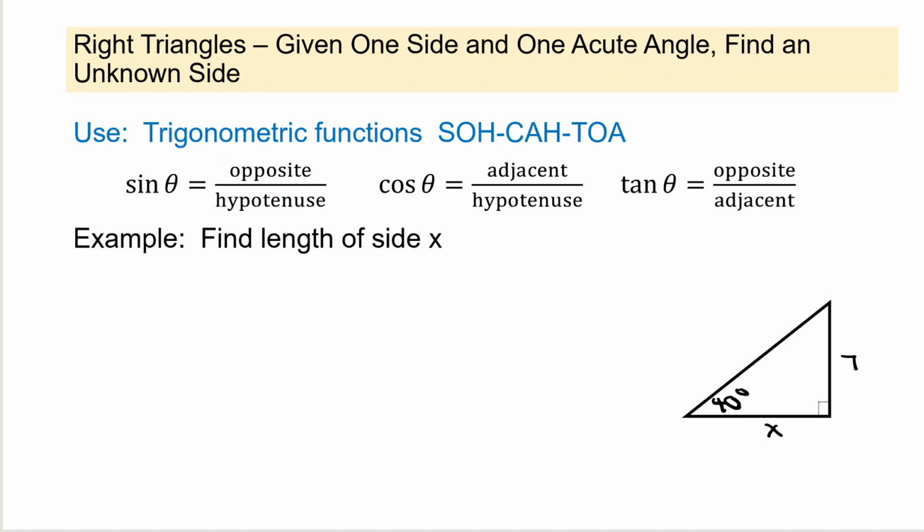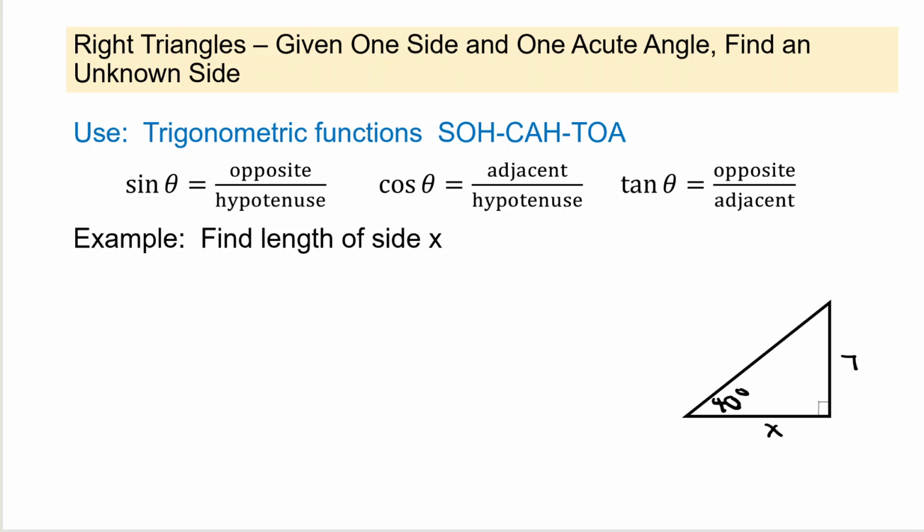Now, what happens if we're given one side and one acute angle and we want to find an unknown side? Well, in that case, we're going to make use of the trig functions, the sine, cosine, and tangent functions, which are defined in terms of ratios of two sides of the right triangle. So in this example, I've got an angle measured 40 degrees. We've got a leg of the right triangle at 7, and I want to know what the length of the